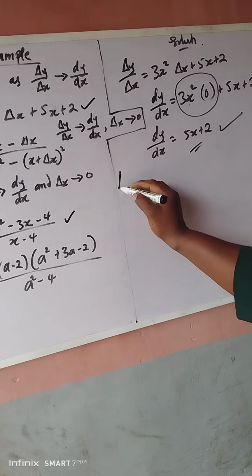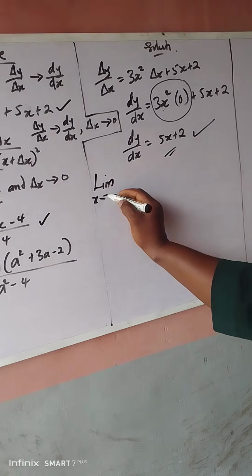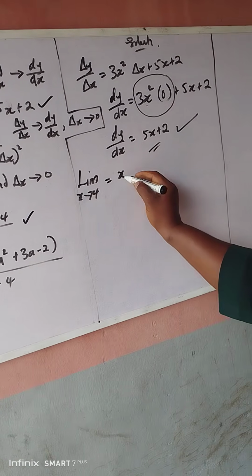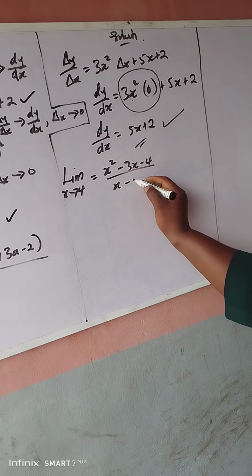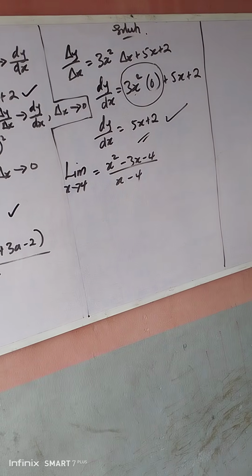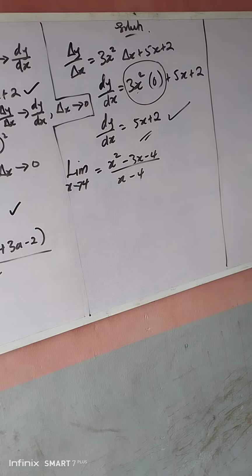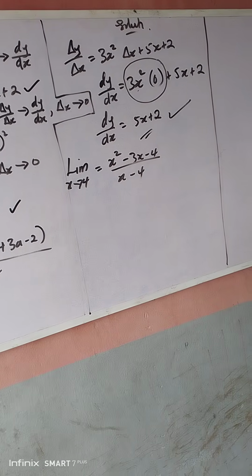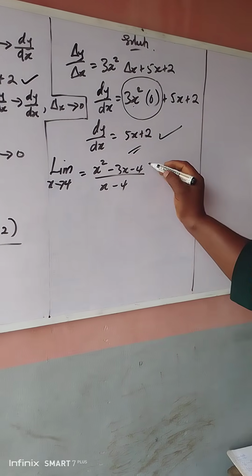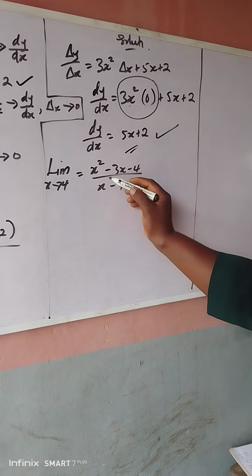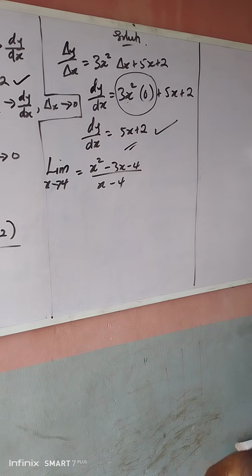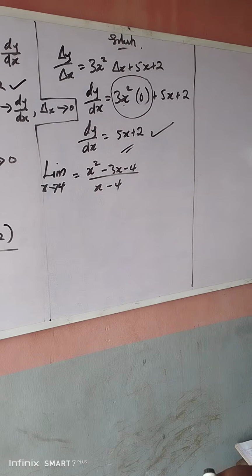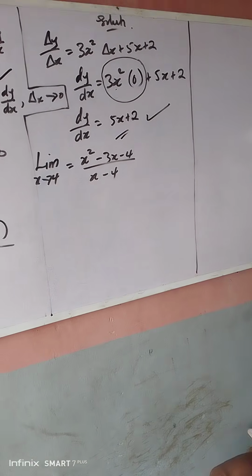We have that lim as x tends to 4 of (x squared minus 3x minus 4) over (x minus 4). Now remember what I said, that anywhere I see x you put 4, but then you have to do something before that. And what is it that you have to do? You have to simplify the numerator. You see this one? Break it down. And if you look at that function, it's a quadratic function. So you would have used any method used in solving quadratic